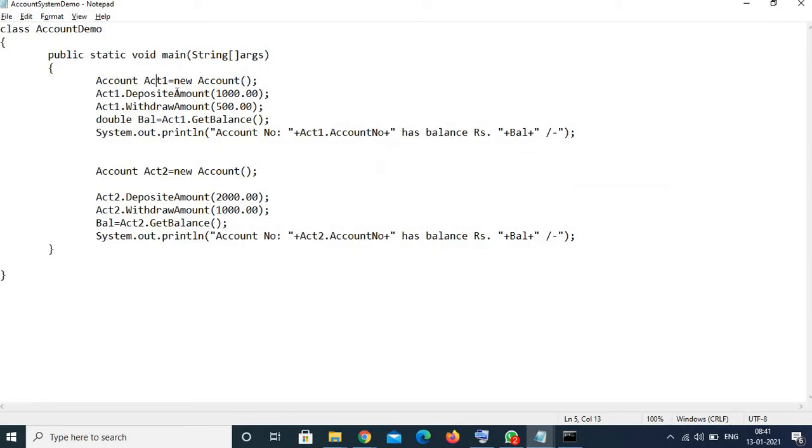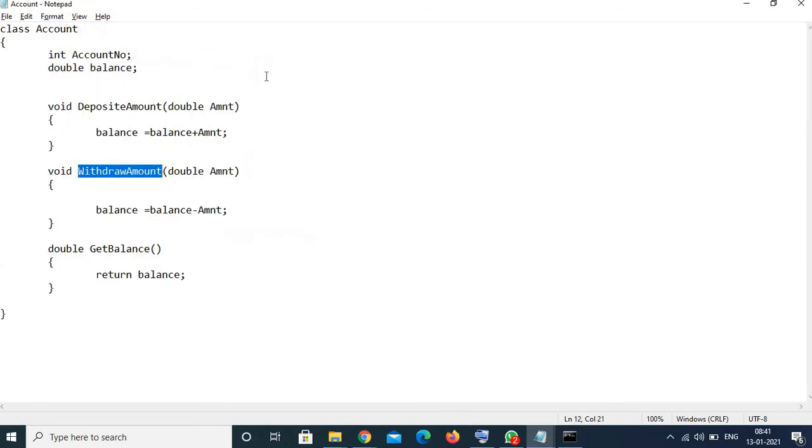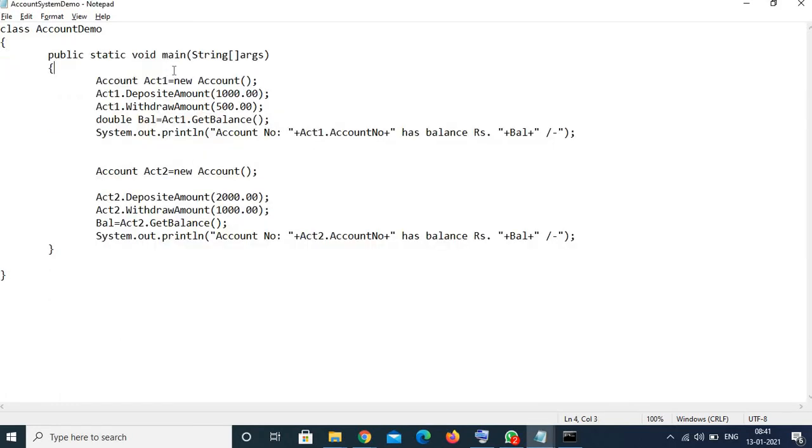So it has called this method. First thing it is doing is creating the object. Now we already have understood the object creation process, but let's discuss it again. So account object we are creating. When you create an object, what happens? The instance variables get created in the memory. So two variables would be created, account number and balance. They will have their own memory addresses. Those memory addresses would be stored in this ACT1.